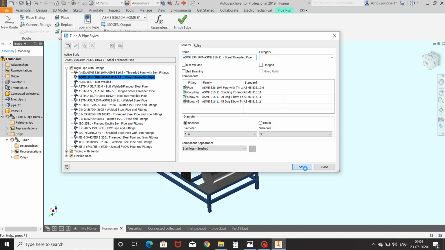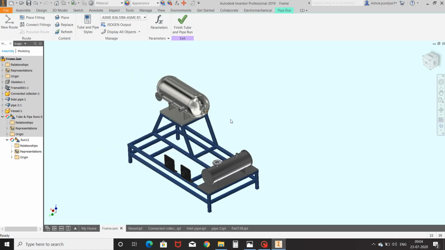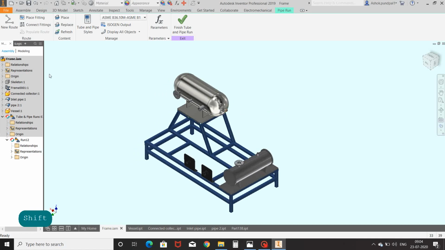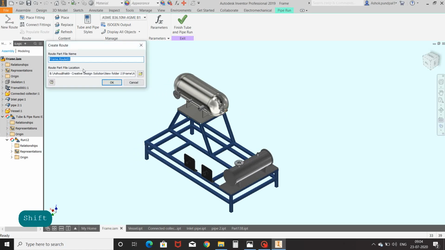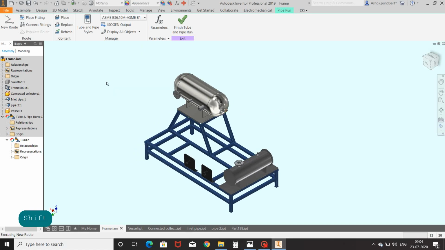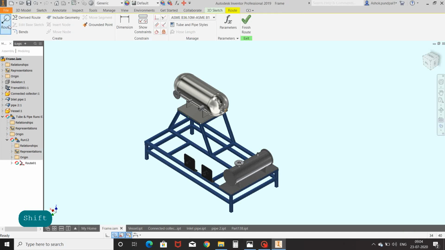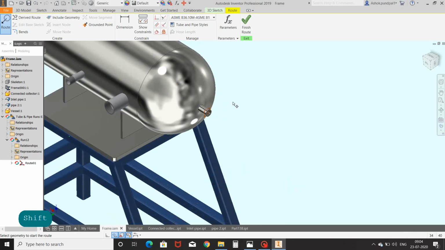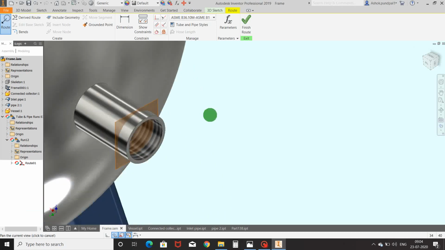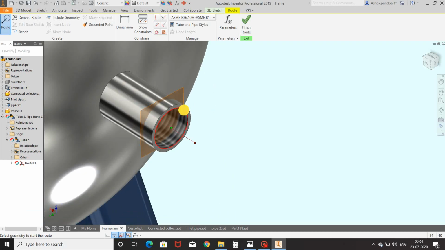Save this file and close the window. Click on New Route. OK. Click on Route to create a route for piping. Select start point and end point.